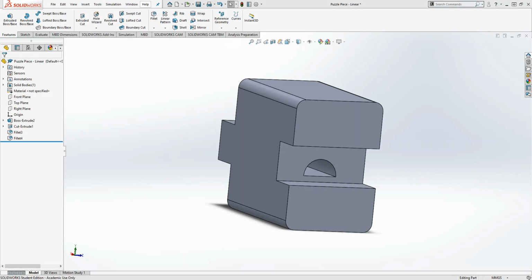Now, there's a lot of different other kinds of features we can use over the course of SolidWorks, right? In this video, we won't have the time to cover all of them, but there's a lot of different kinds of 3D modeling operations we can do that are not just sketch-based. For example, the fillet, right? So what I can do is I can select, not a line, but if I go ahead and take the fillet tool and select,